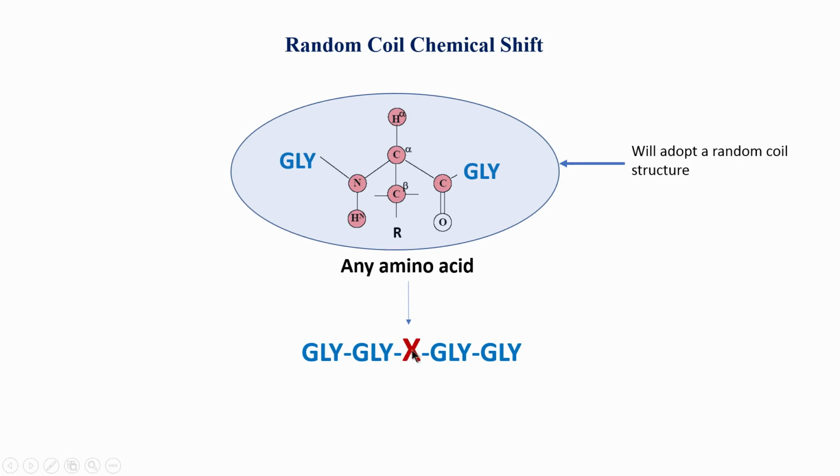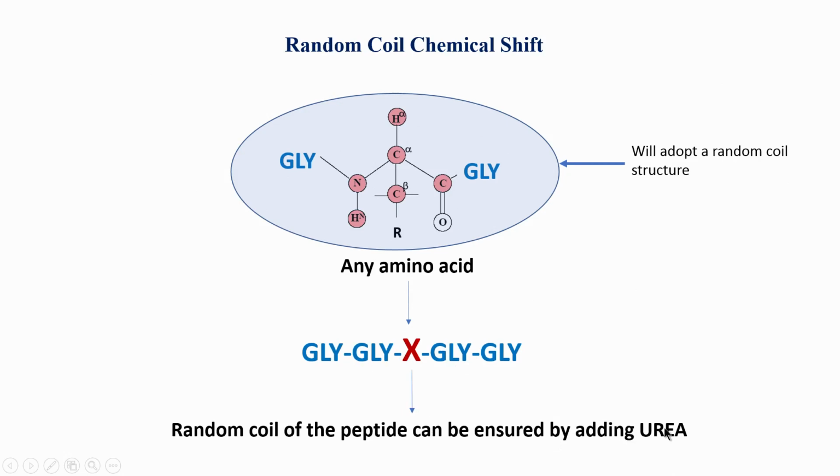So, I can keep changing this X and make several pentapeptides. I can make this glutamic acid, aspartic acid, serine, threonine, put all the 19 amino acids. Glycine, anyway, we know is random coil because it is very regularly in random coil. Like this we can generate random coil chemical shifts for every atom, proton, nitrogen, carbon alpha, beta, for all the 20 amino acids. We do not have to do it every time; we normally do it once and put it in the table.